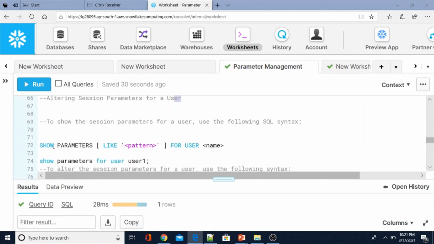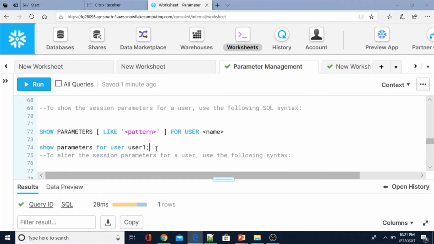Similarly, show parameters like, with the optional like condition pattern. Here, instead of in account, you have to use for user username, because in one Snowflake account we may have more than one user, multiple users obviously. So for each user level you can set the parameters. Now this is the syntax, correct?